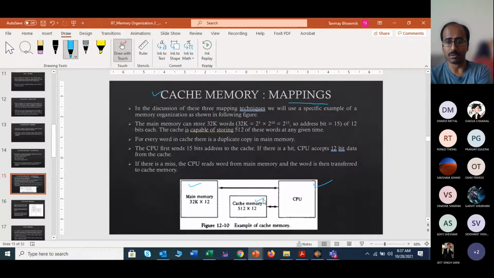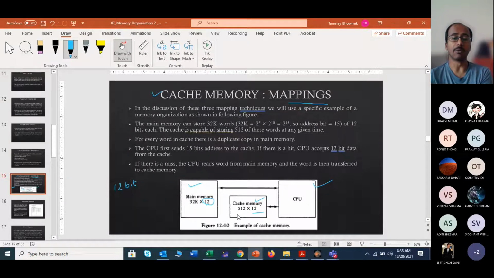So with the concepts we have already covered, you can easily identify things if this type of structure has been given to you. What is this 12? It is your data length, right? So that means your data has a length of 12 bit, right? Here also 12 bit. So both are equal, no problem, because the same data you keep in main memory, the same data you may need to keep in cache memory, right?